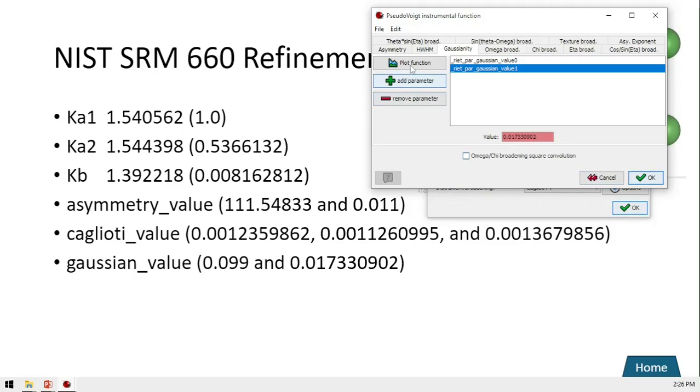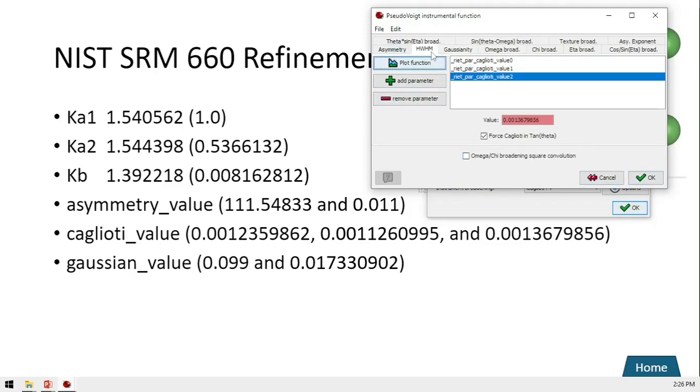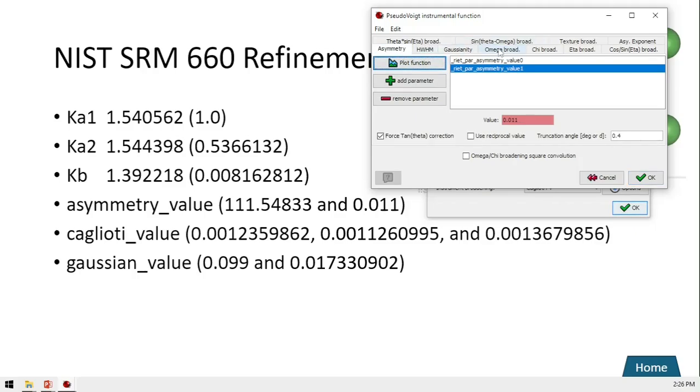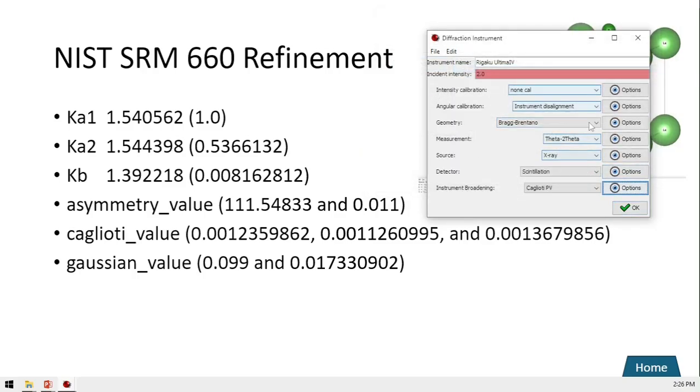Okay, only in these three tabs which are important, and you can press OK.